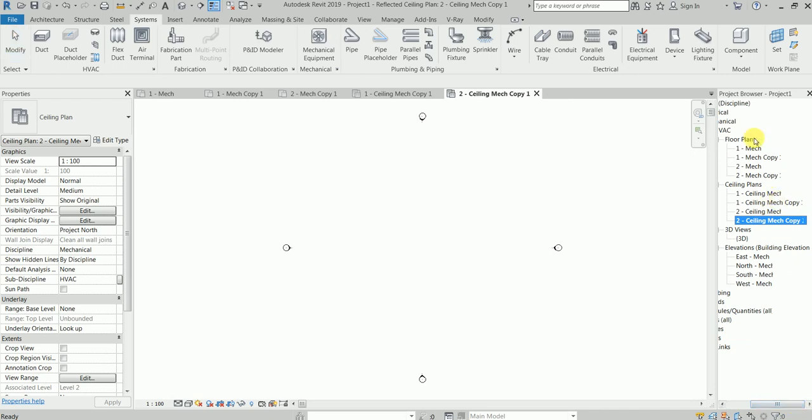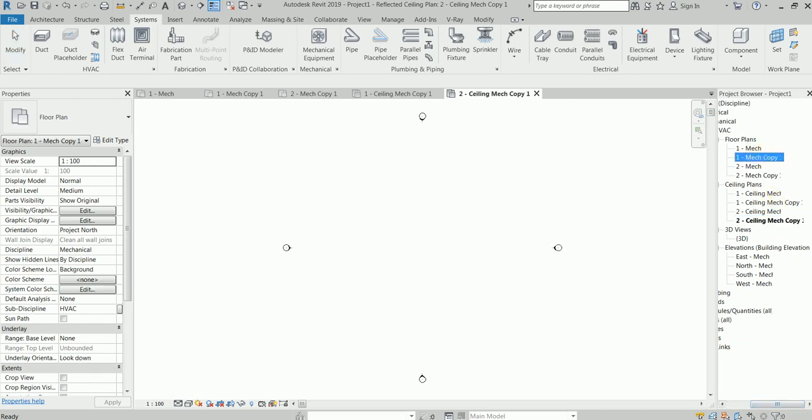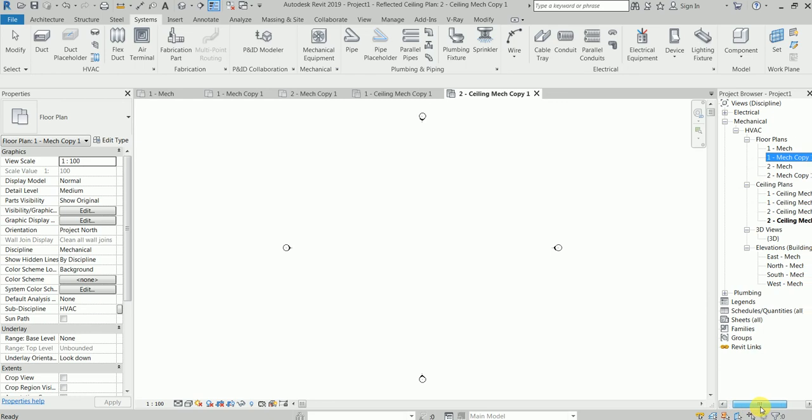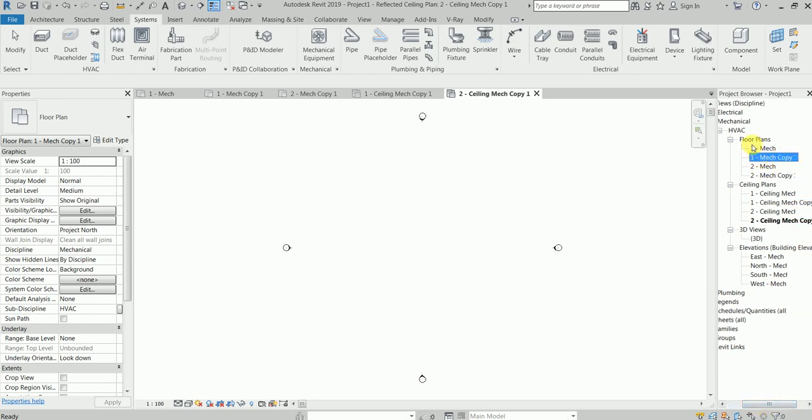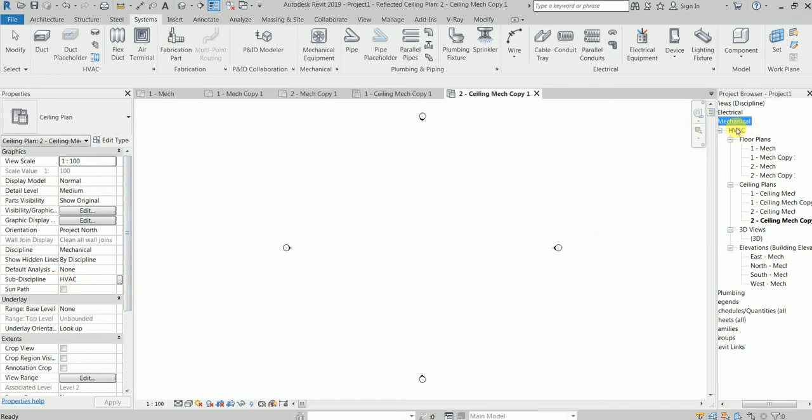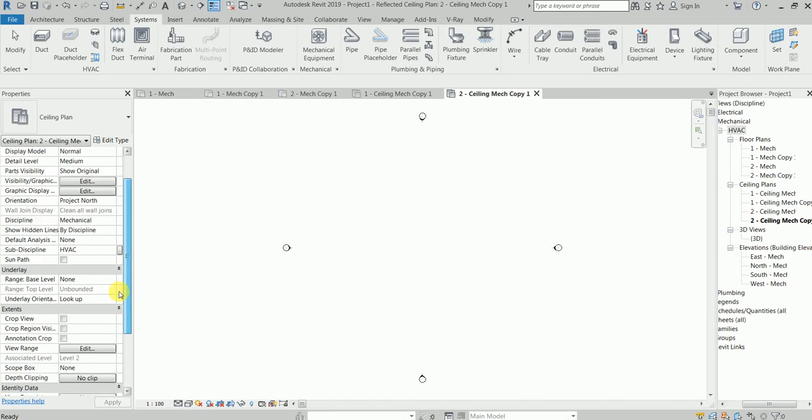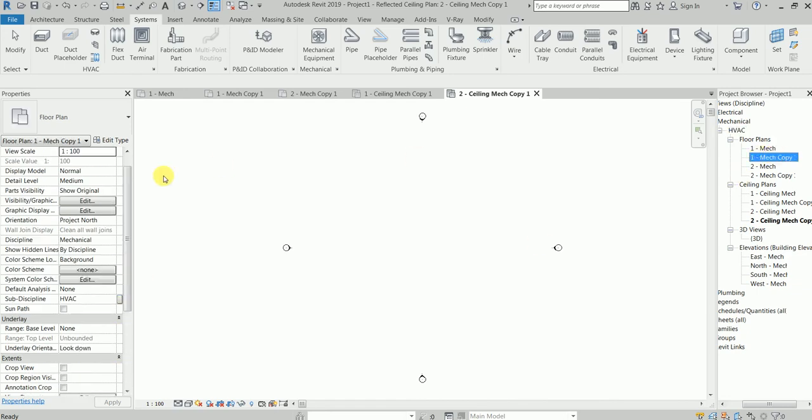Don't take any tension. Listen, select one of the views, floor plan, like what I have done. This is called discipline, and this is called sub-discipline. Mechanical is the discipline, and this is called sub-discipline. Click this and you would see it: sub-discipline, HVAC. We do not want HVAC, we want firefighting, FF. And then when I press apply,